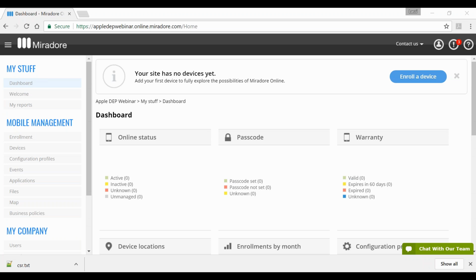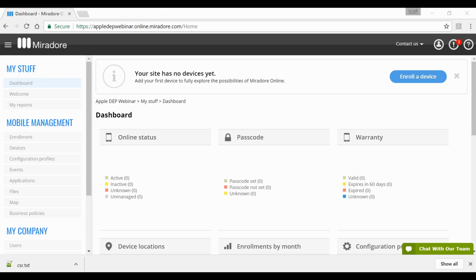Okay, but first of all, about the Apple DEP. It's an abbreviation for Device Enrollment Program, which is an Apple program which allows you to easily enroll company-owned Apple devices to management systems, such as Mirador Online.